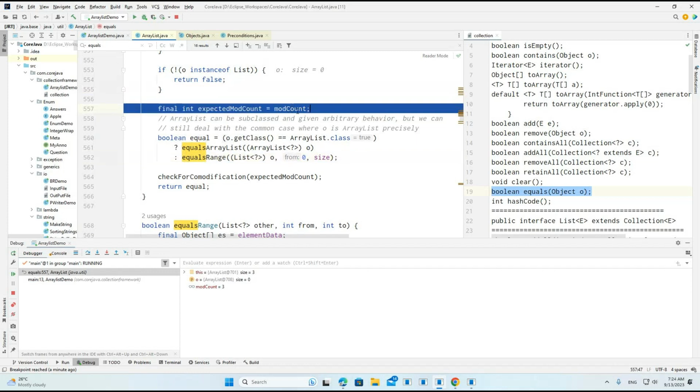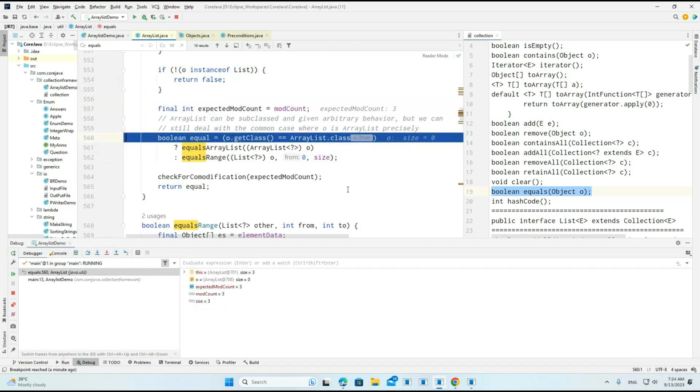So we observe here now modCount. What is the modCount currently? 3. Okay, so this is basically the expected modCount. Now o.getClass() equals ArrayList. So what you understand here is that both getClass calls will return ArrayList only. So to understand this o.getClass(),